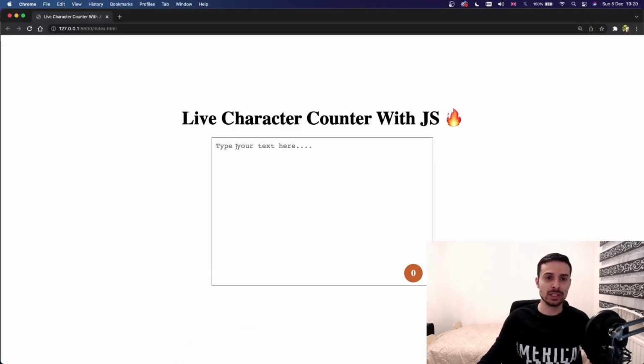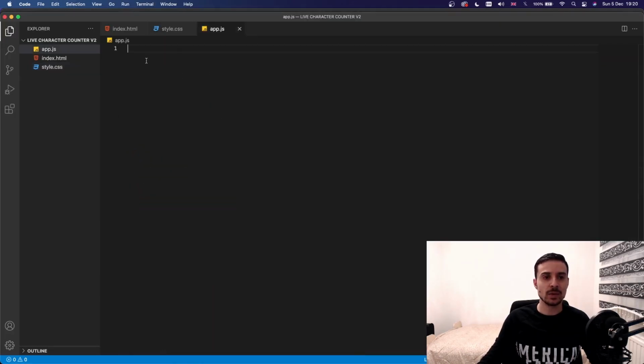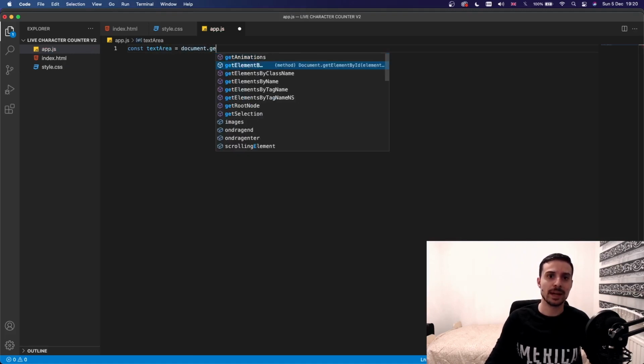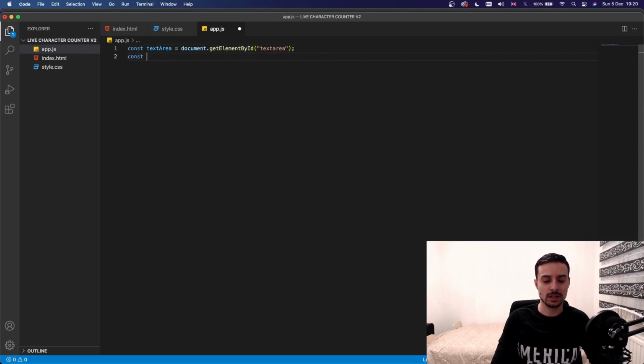All right, we are done with the styling and the HTML. Let's quickly implement the JavaScript logic so that you can see how this thing works. Okay, inside the app.js, we need to import this text area and the counter thing. So I'm going to say const textArea equals document.getElementById, and we will get textArea just like that. We'll also say const counterDiv to be equal to document.getElementById, and